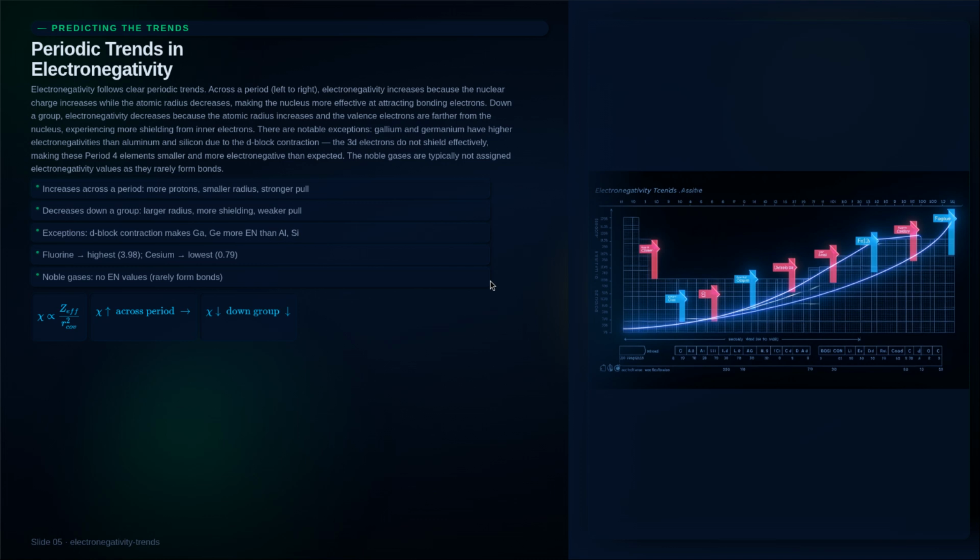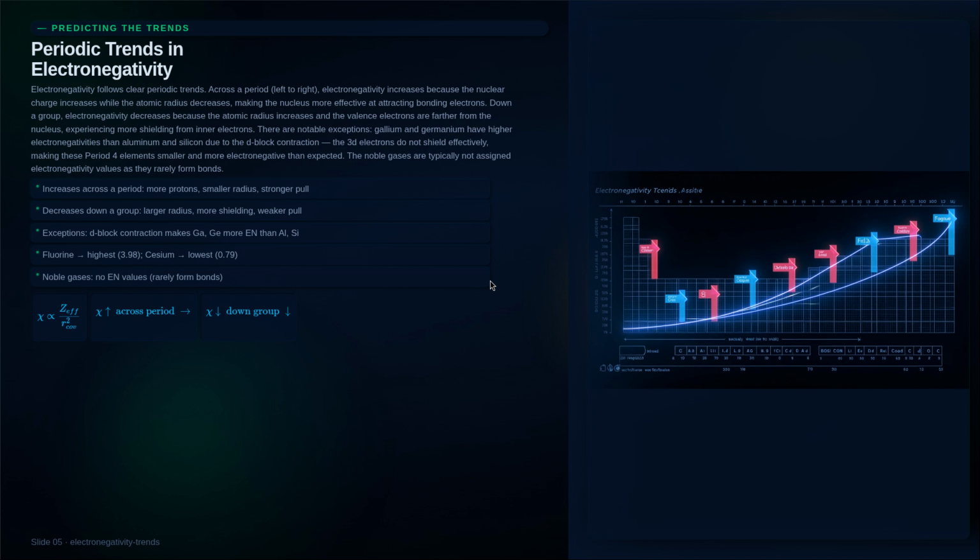Electronegativity follows clear and predictable periodic trends. Across a period from left to right, electronegativity increases. This happens because the nuclear charge increases while the atomic radius decreases, making the nucleus more effective at attracting bonding electrons. Down a group, electronegativity decreases because the atomic radius increases and the valence electrons are farther from the nucleus